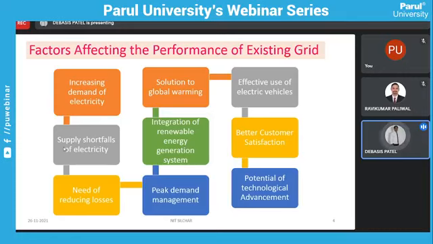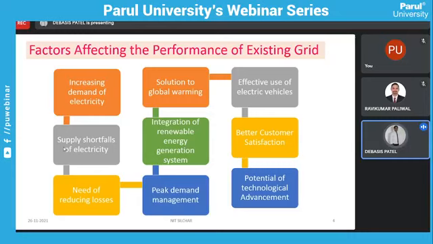Again, integration of renewable energy is a must. As you all know, a few days before you may have heard that the coal reserves at many thermal power plants are depleting. So the integration of renewable energy is a must for us. That's why we are planning up to 2025 for solar energy at a huge rate. I'm not going into the specific amount of megawatts or kilowatts to be installed, but most of the time we are covering 30 to 40% of electricity generation from renewable energy.